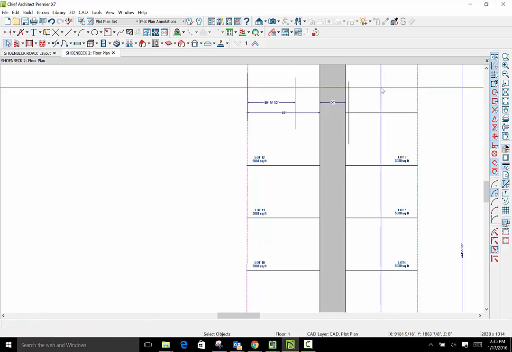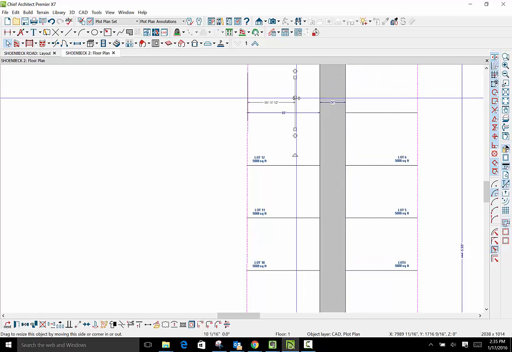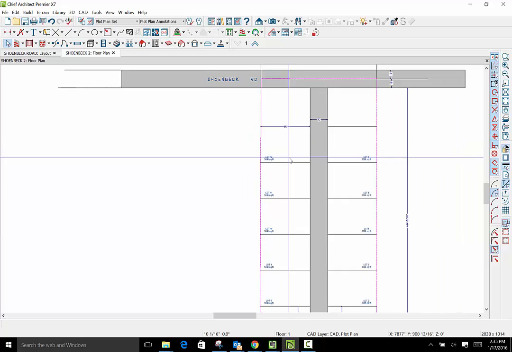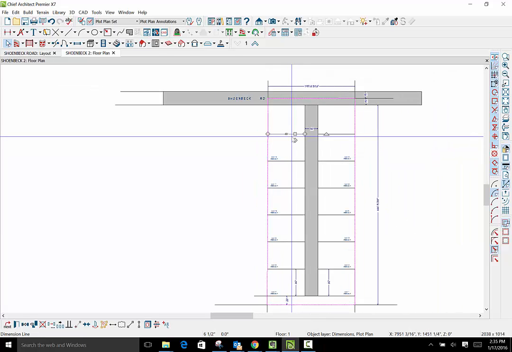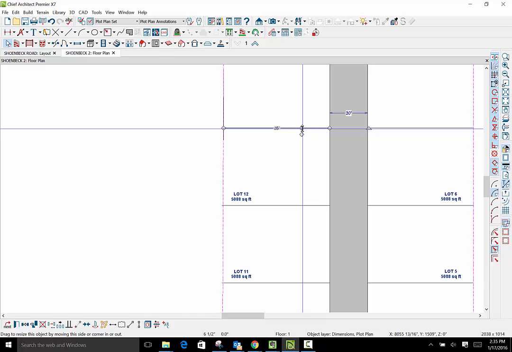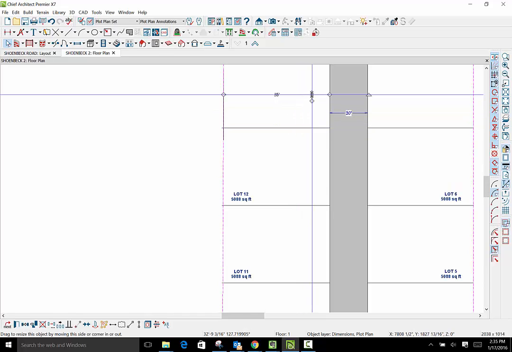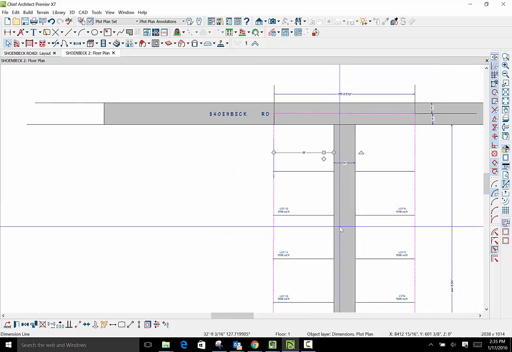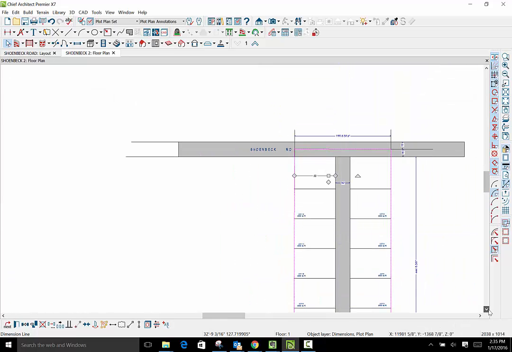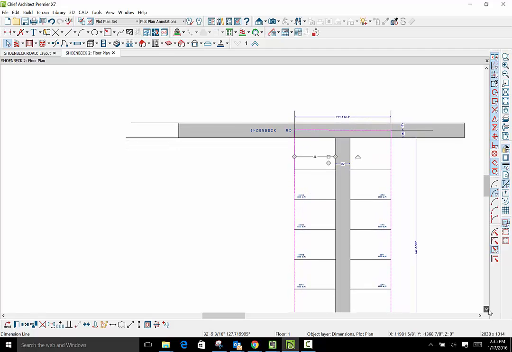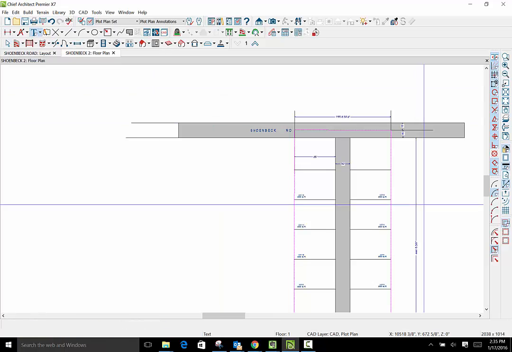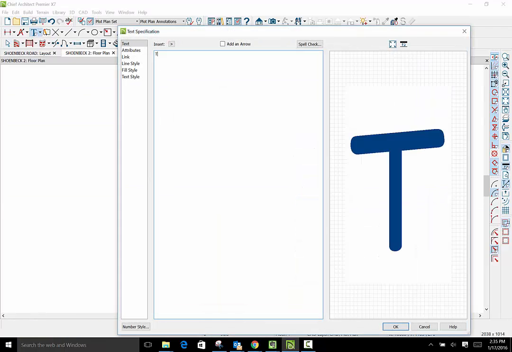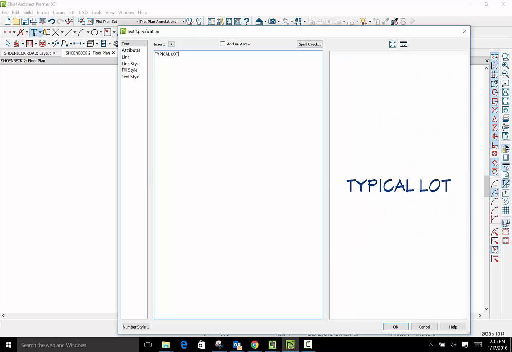We're 60 feet across. We're going to get rid of some of our lines. We're going to say that the depth is about 85, aren't they? I'm going to say they're basically 60 by 85. Typical lot size 60 by 85. Let's put a big note to that effect. So we just go to text. Let's find our text. Typical lot